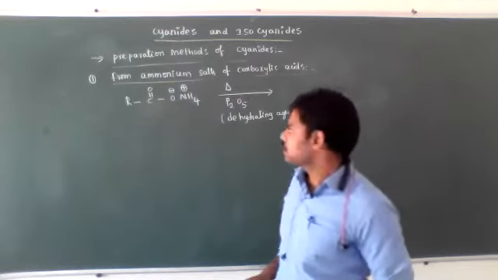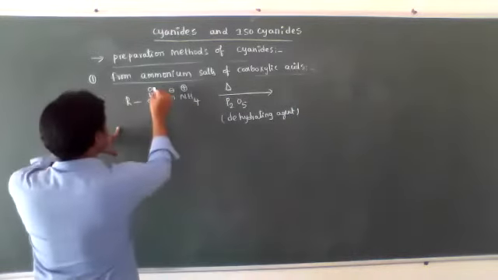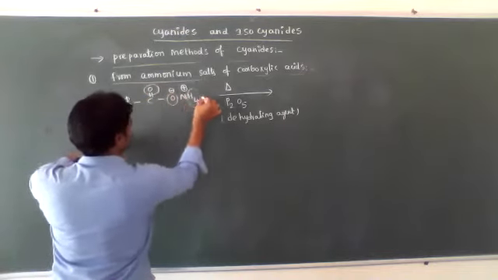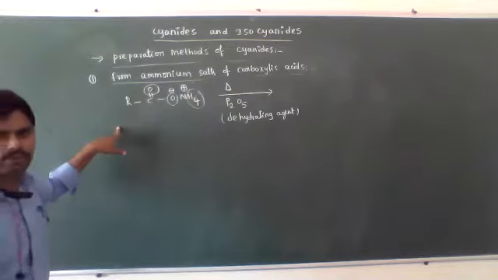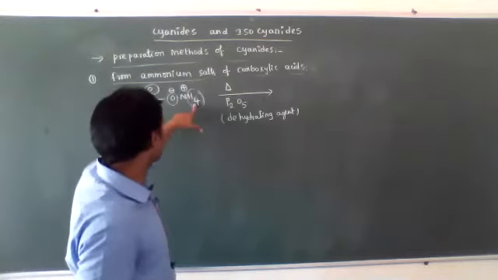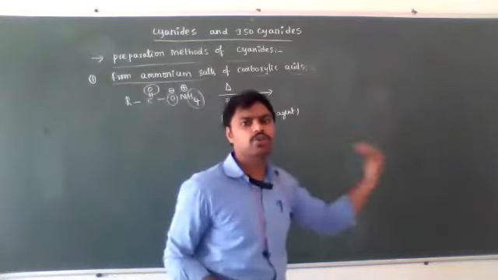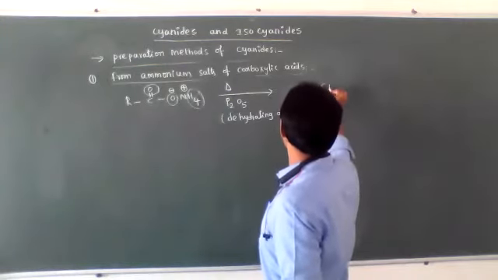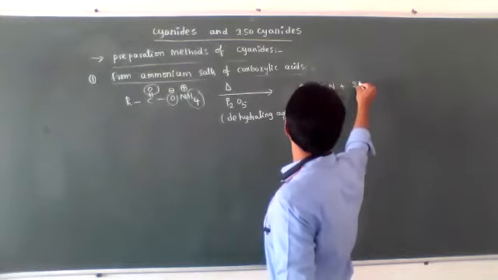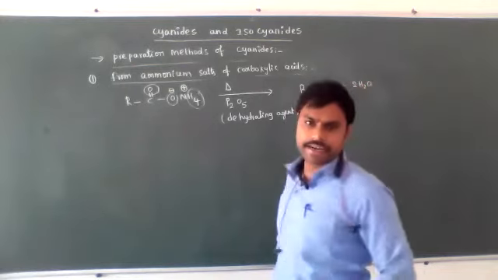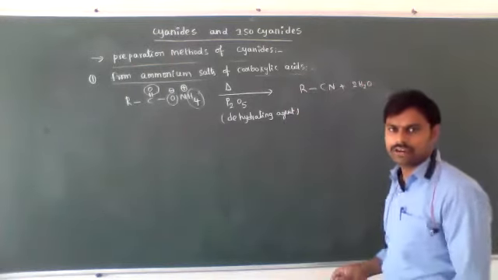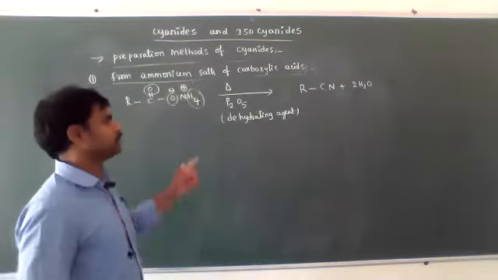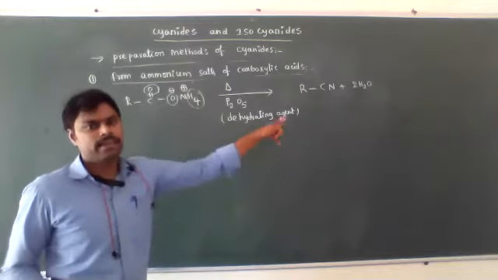Dehydrating agent. See, here these two oxygen atoms and these hydrogen atoms we need to remove. Here 4 hydrogen atoms, 2 oxygen atoms converted into 2 water molecules. Then this RCN plus 2H2O. We are getting cyanides. So ammonium salts of carboxylic acids on strong heating or vigorous heating, then we are getting